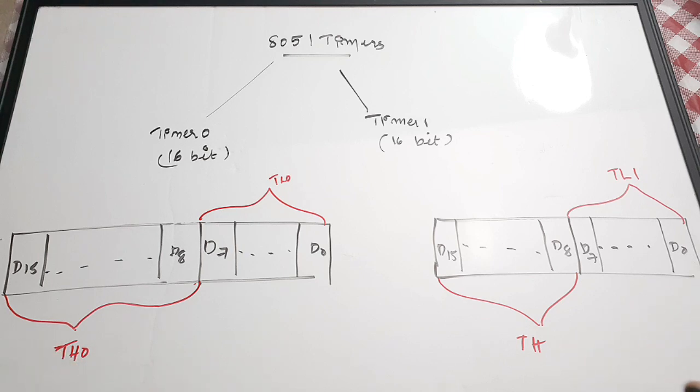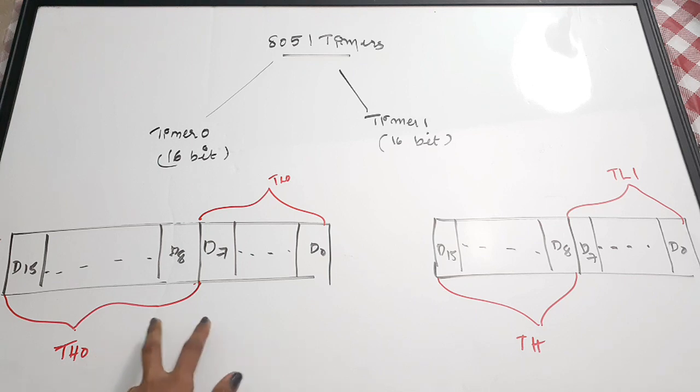Now, 8051 has two timers which can also function as counters. So it's a timer cum counter, both timer 0 and timer 1. In 8051, we refer to the timers as timer 0 and timer 1. Both are of 16-bit size. There is a 16-bit register for each of them in order to store the timing values. Based on this register's count, the time varies, and the count varies since it functions as a counter also. So 8051 has two 16-bit timers, timer 0 and timer 1. I'm telling it once again, they can also be used as counters. So they are timer cum counters.